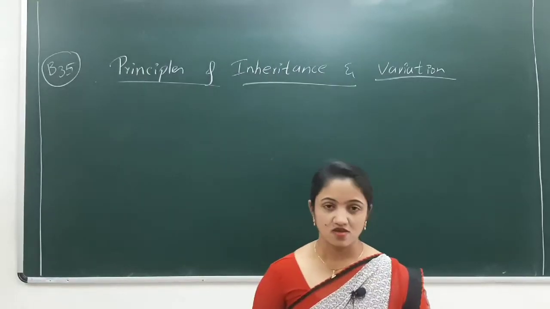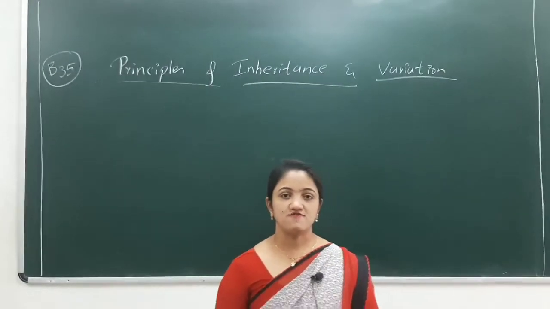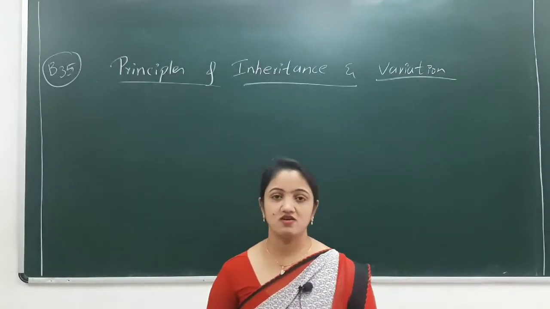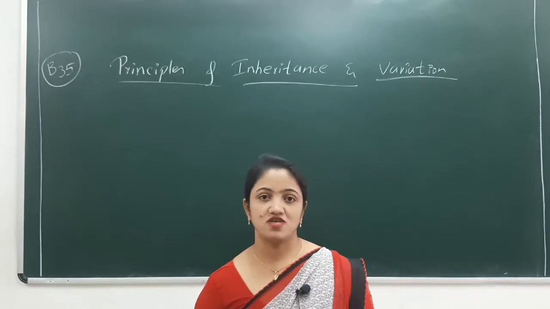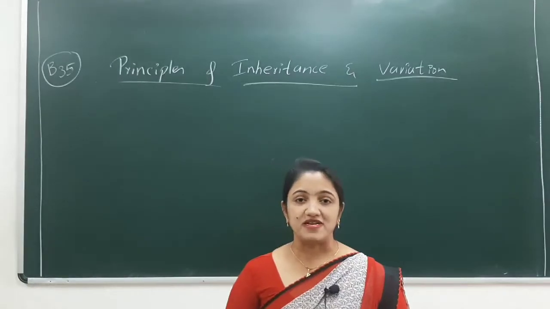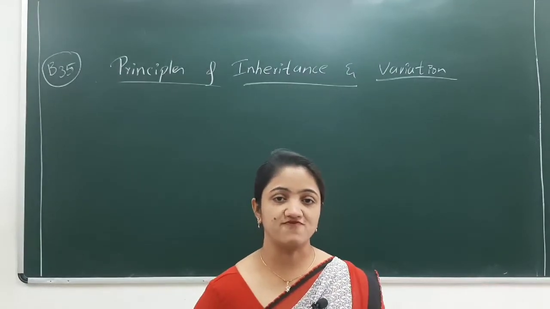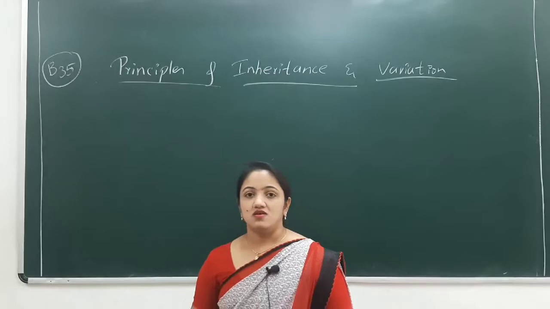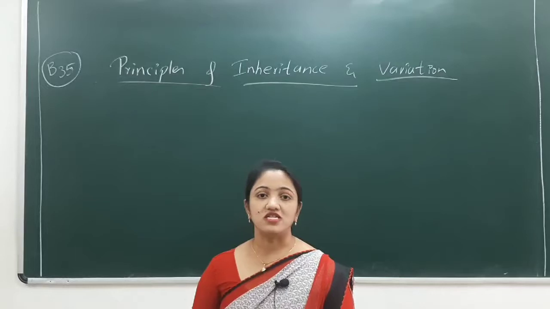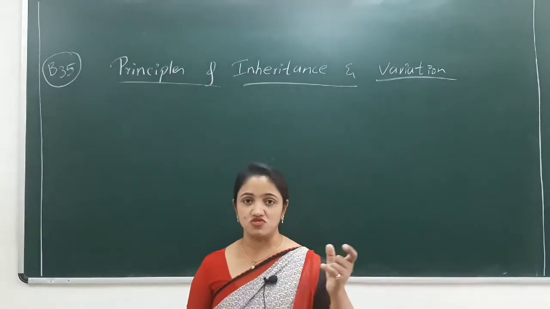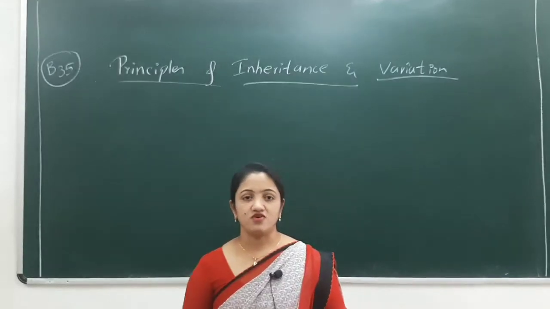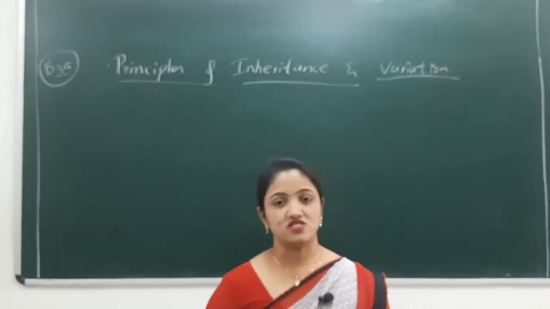Hello everyone. So, in the last session, we studied the inheritance of one gene. In that, we studied the monohybrid cross, the dog flower crosses, independent assortment, and then one more, codominance. Those three come under the inheritance of one gene concept. But today we are going to study the inheritance of two genes.